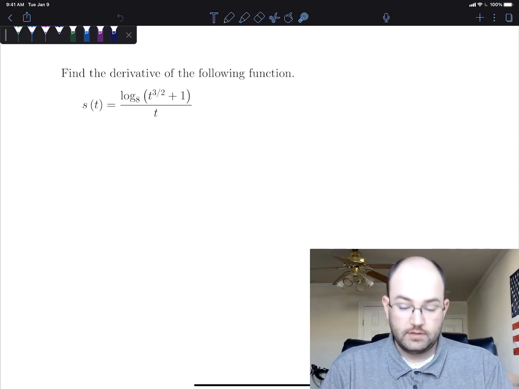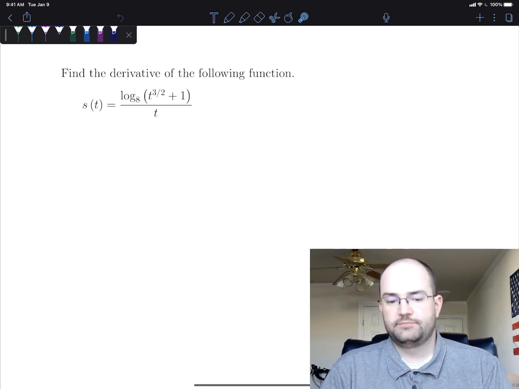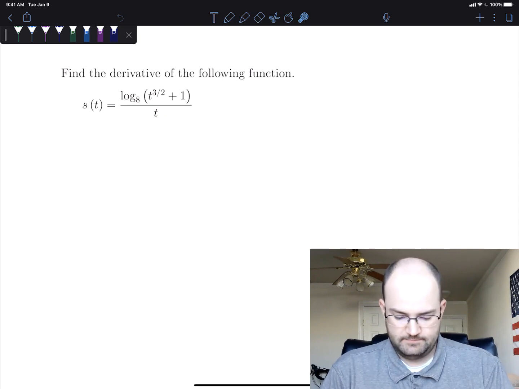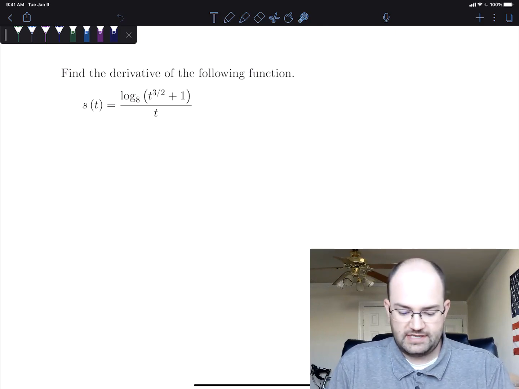Hello. In this video, we want to find the derivative of the following function. We have s of t is equal to log base 8 of t to the 3/2 power plus 1, and then all of that will be divided by t. Awesome. So to do this, first of all, we need to realize that this s of t here is a